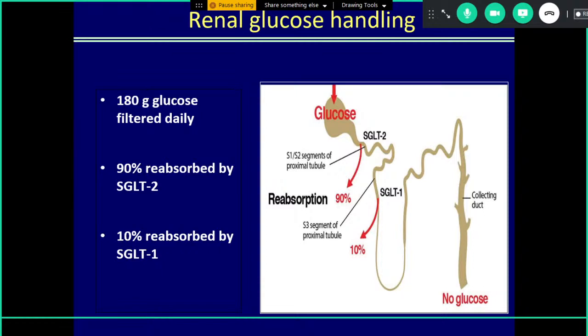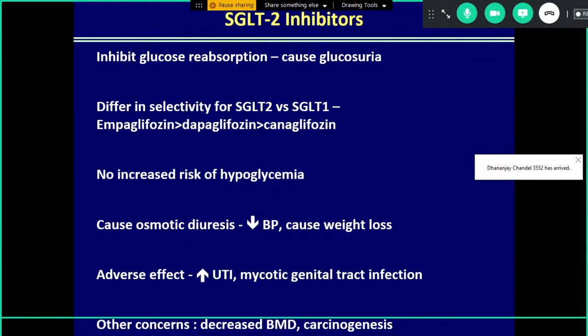If the glucose value in the blood is high, it saturates the ability of these transporters and you start getting glucosuria. But if you inhibit SGLT2, you will find that even at lower values of prevailing glucose, you will cause glucosuria. So really all it's doing is shedding the higher value of glucose in the urine. It's not affecting a primary pathogenetic mechanism at all. So they're basically causing osmotic diuresis, and therefore there may be some reduction in blood pressure. They do cause weight loss, and because they're working by just shedding the extra glucose, they will not cause hypoglycemia